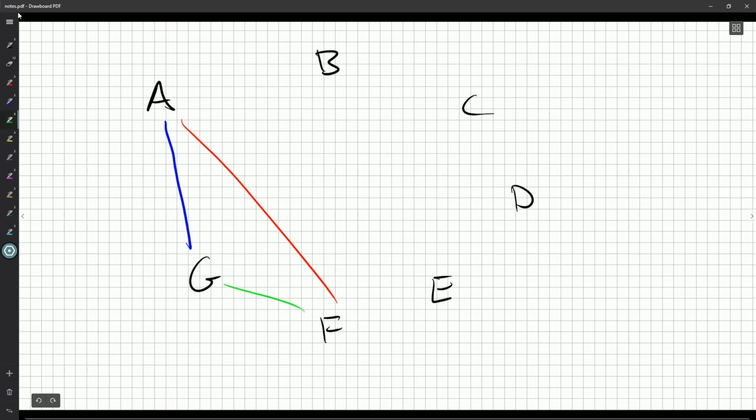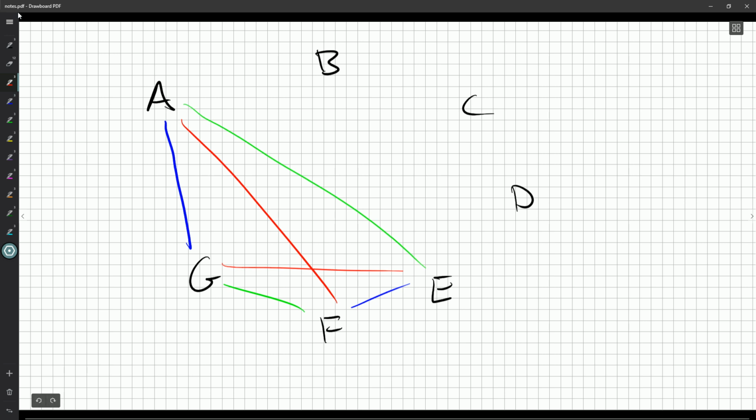Now, what sport should AE play? Well, if it's a blue, again, AEG can't be a distinct triple. If it's red, same reasoning, AEF can't be. So we're going to have a green. And then, hooray, you can put a blue here, and you've got another triple, and you can put a red here, and then, oh, look at that, we got a nice little family of triples here.